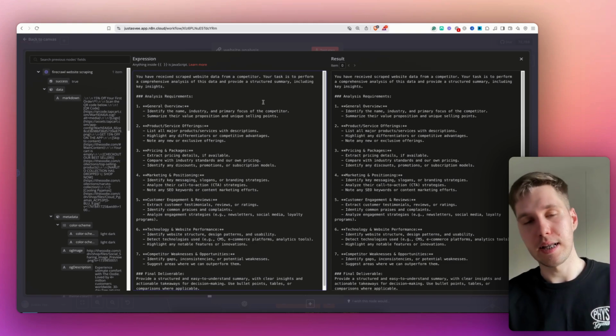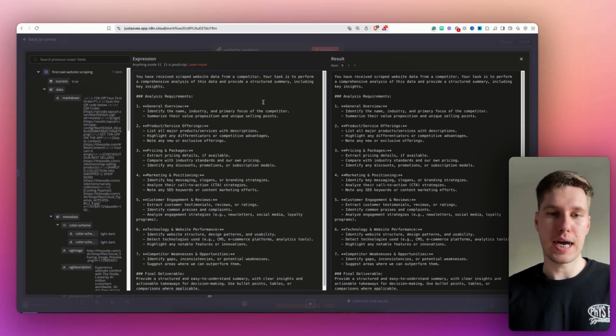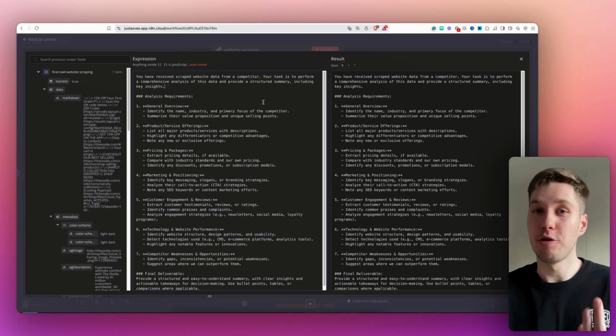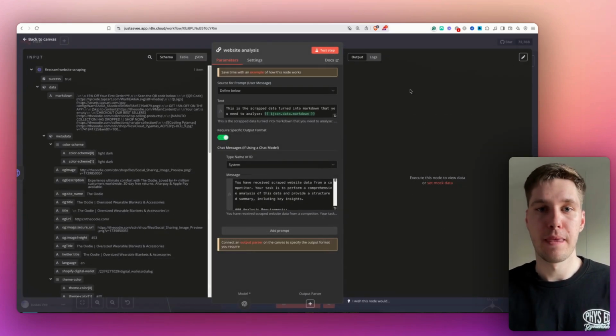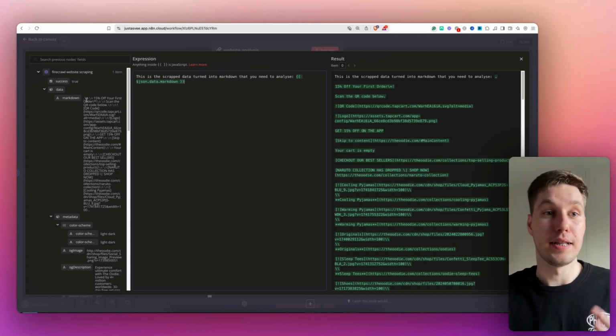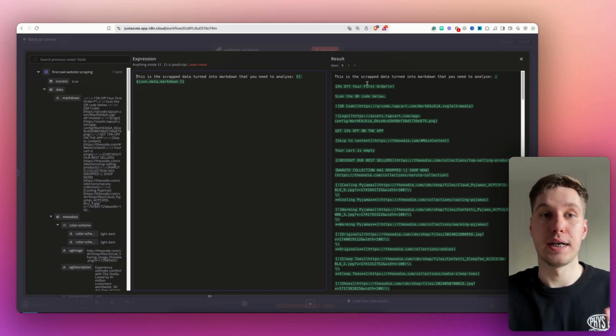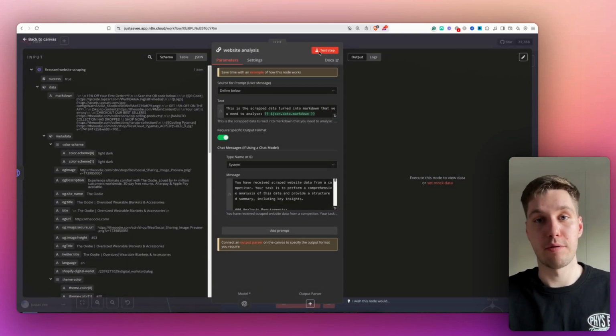Again, if you want the output to be in some different way, you can restructure this prompt and change the way you want that analysis to be performed. And the next step here is I'm simply taking the data that I received from Firecrawl as markdown, and I'm supplying it to a user prompt. So now let's run this